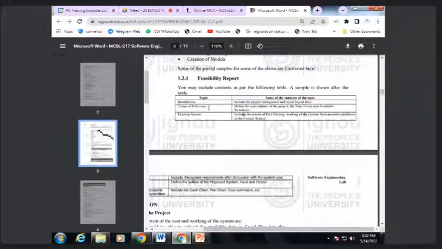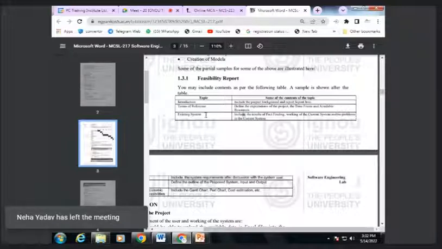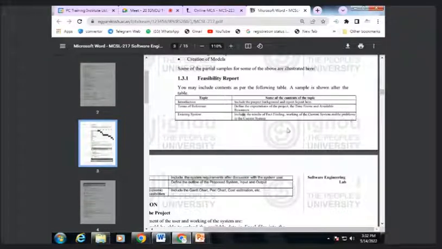And the next, terms of reference, will define the expectations of the project, the time frame, and the available resources which I have referred to or accessed during the development of that software. Existing system: this includes the results of fact finding techniques, the working of the current system, and the problems of the current system. To develop a better system, it is always recommended to explore the current system first. So whatever idea I have captured after exploring the existing system, we have to capture under the heading of existing system,